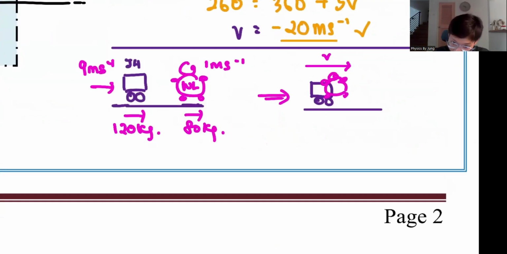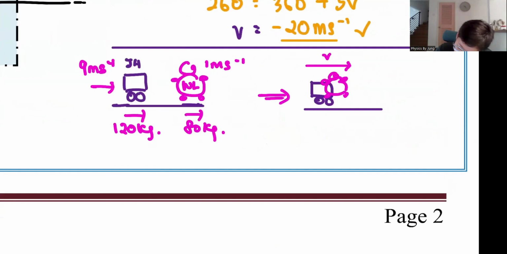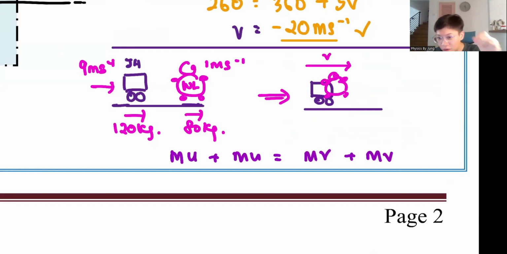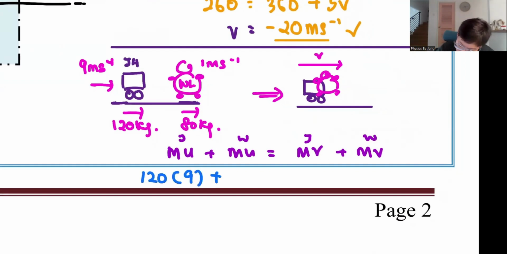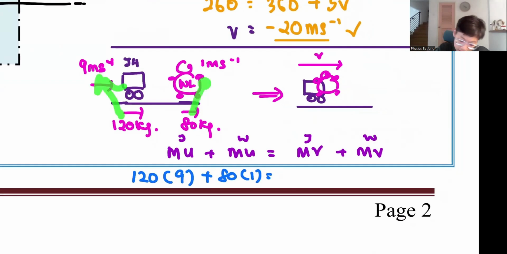Okay, now. In this case, you will see, because I was careless, I wrote M1U1 plus M2U2 equals M1V1 plus M2V2. So I accidentally wrote this. This is Jung Hao, this is Wailun. The mass of Jung Hao is 120 kg, velocity 9. The mass of Wailun is 80, and his velocity is 1. What we did here was mass times velocity equals, now after the accident,